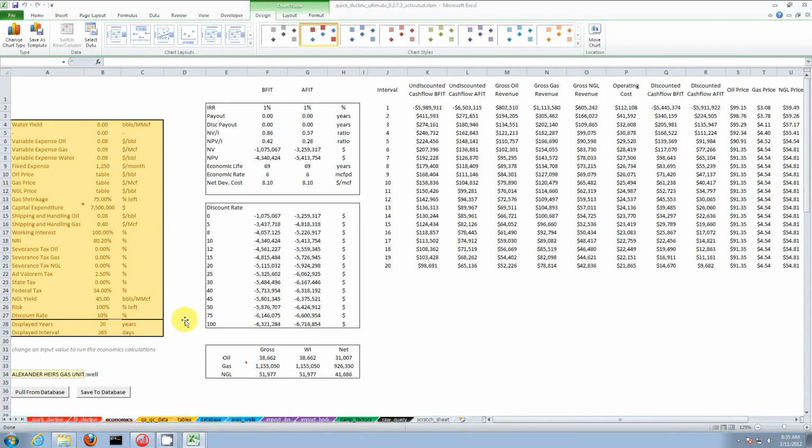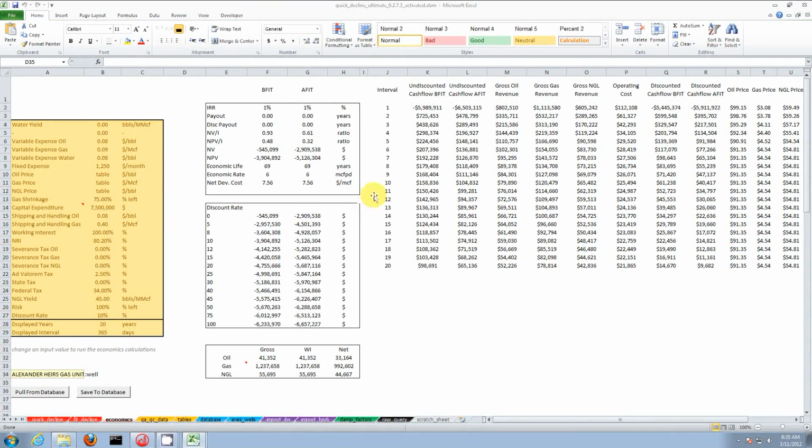This is where you can plug in your parameters. It's pulling the production from the actual production in the curve that you built, and it spits out a bunch of decline parameters. You're going to get your internal rate of return, your payout, your discounted payout, your net present value to investment,